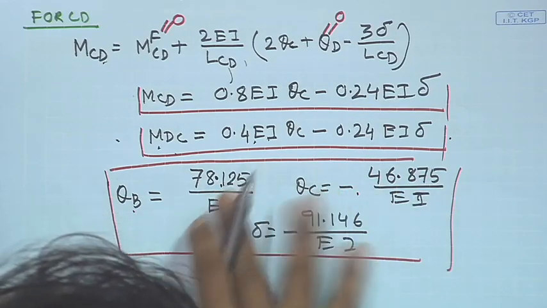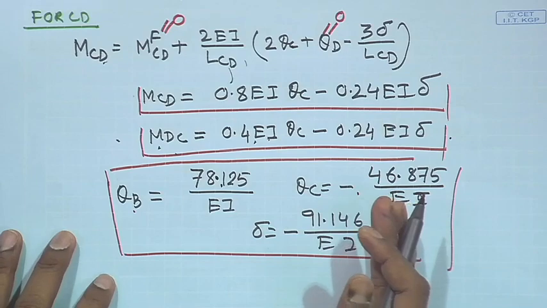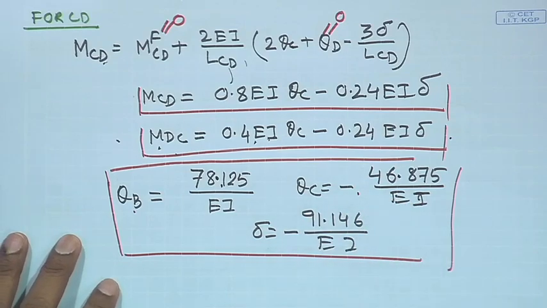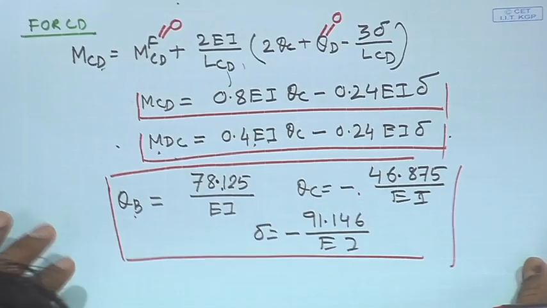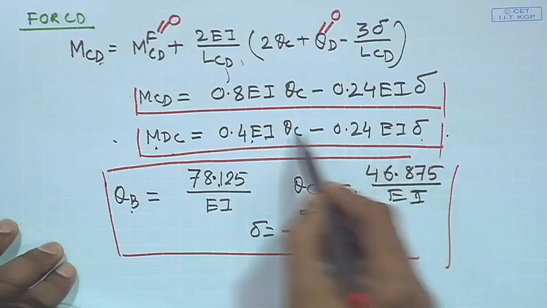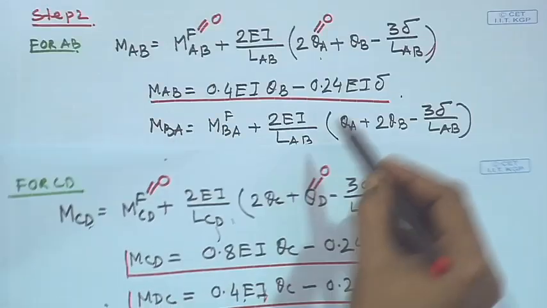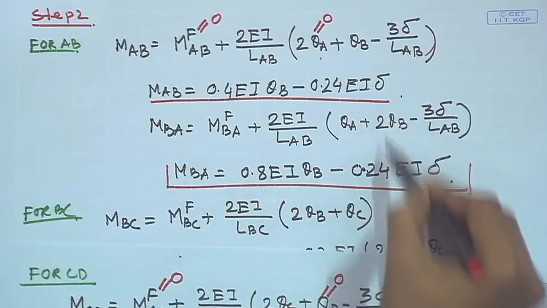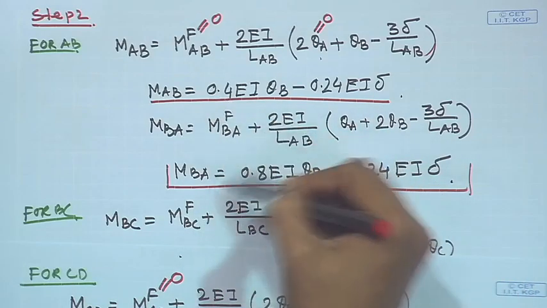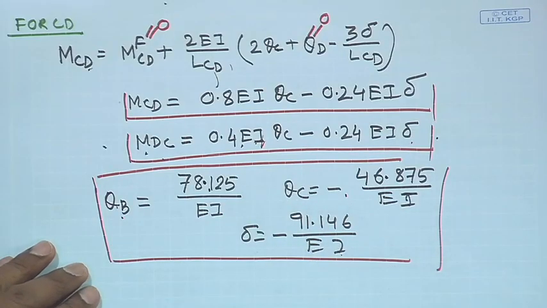Okay. Now, once we know theta b and theta c, the next step is just to apply the values of theta b, theta c and delta in these expressions, in all these expressions, to get the moments at the joints. And if you apply them, the final values that you get are this: